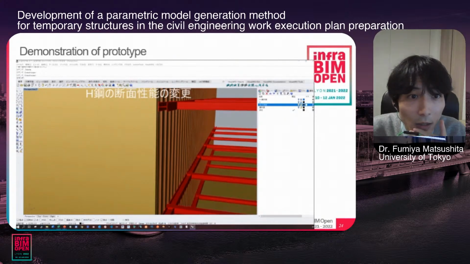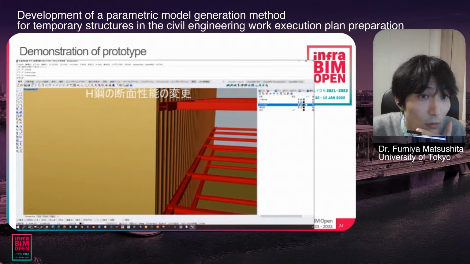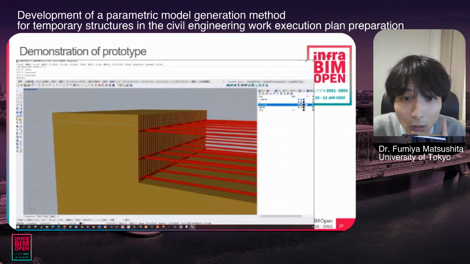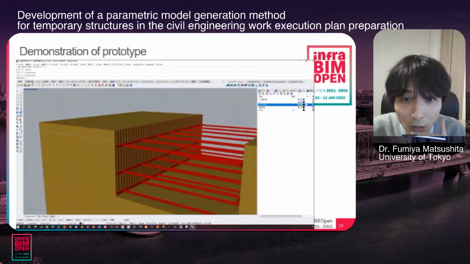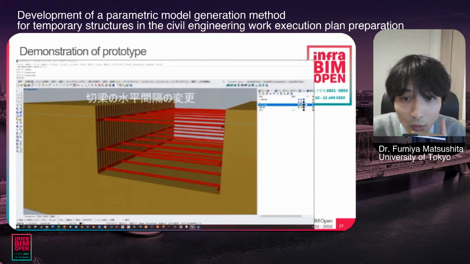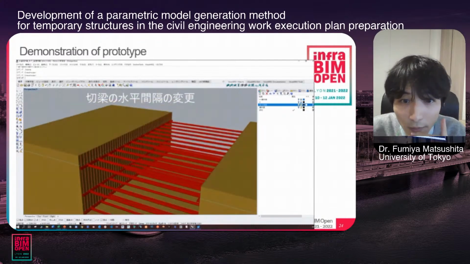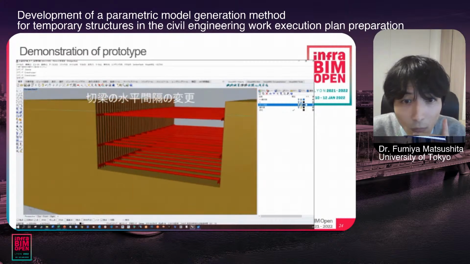And the horizontal spacing of the girders can be changed in this way. Also, the vertical position can be changed in this way.